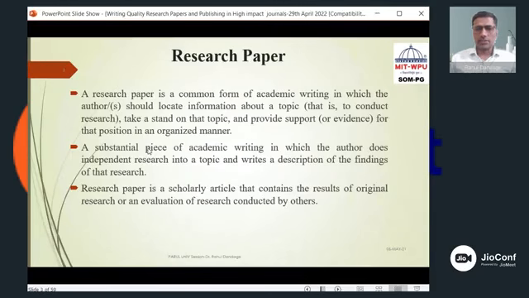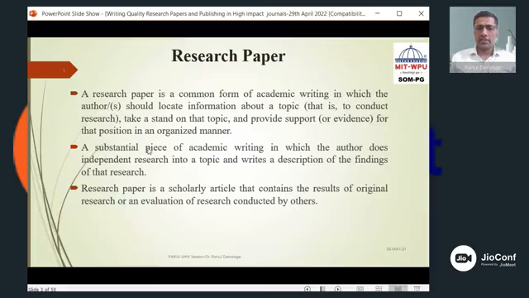This is a formal definition in which the author or multiple authors, sometimes two, three, up to four or five authors, which we find normally in some of the journals and research papers, wherein about a particular topic we look at some information, take some stand on that topic, and then we try